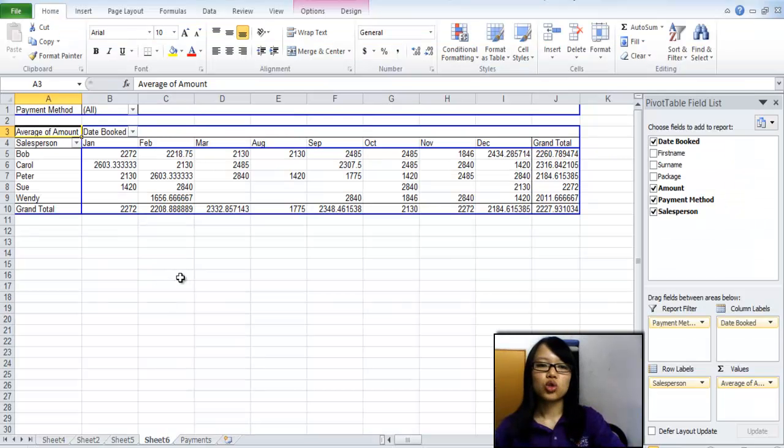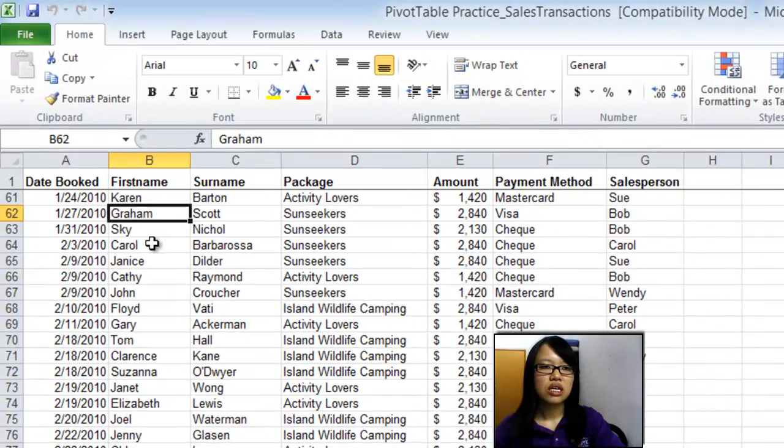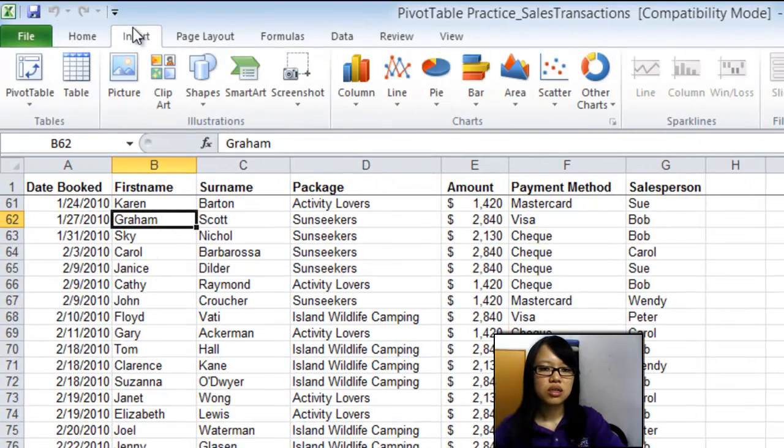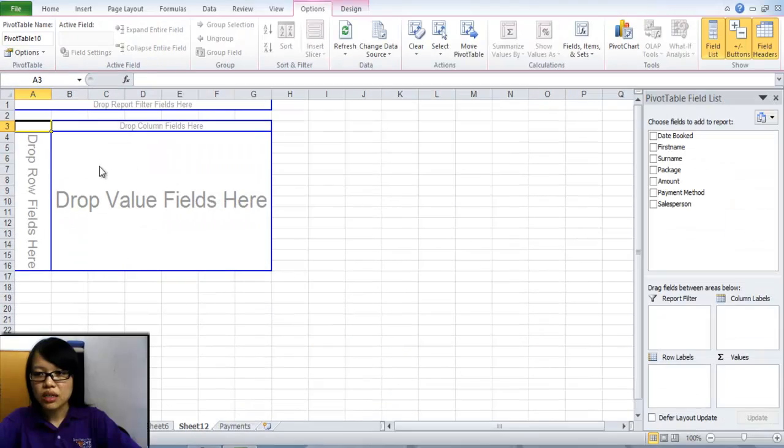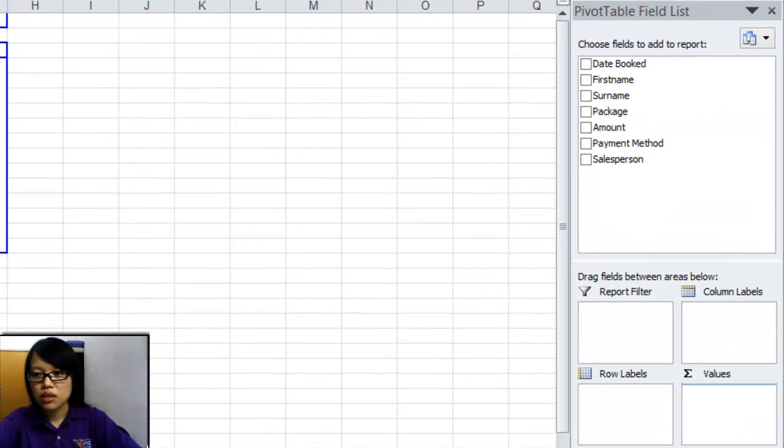Besides this, we can also summarize the data about the total, average and count amount of sales that are received by the salespeople in one pivot table. So to do this, let us go to the new page. Click insert and then pivot table and OK. Now we drag the amount to the values box 3 times,